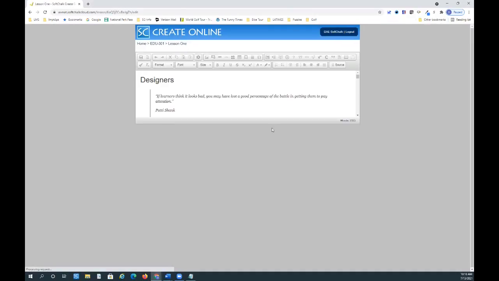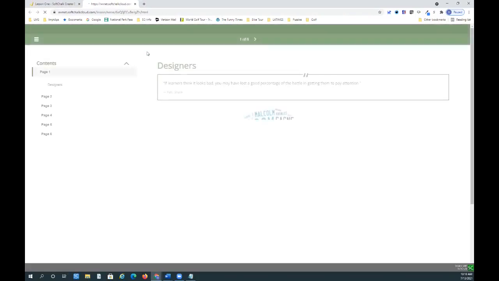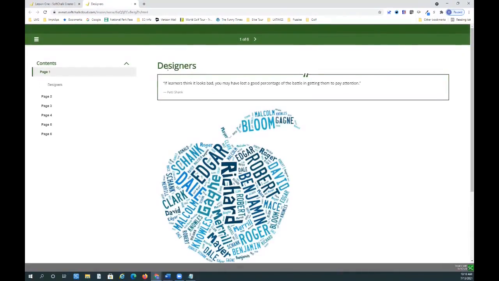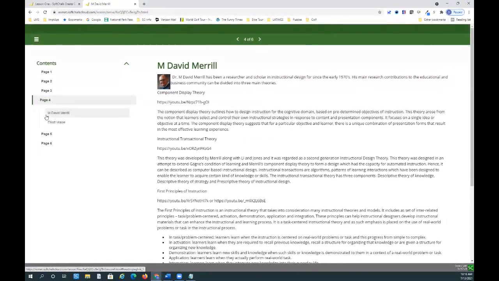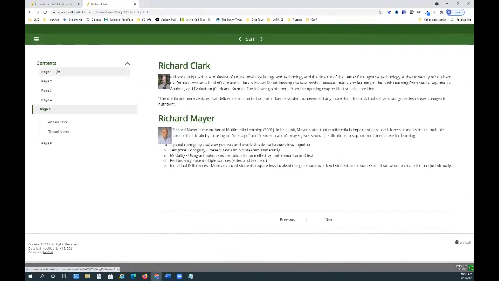So I'll click on the pencil now to the right of the lesson name, and let's now preview this so we can see what it will look like. And there's my lesson. It's a 6-page lesson. Notice we have a table of contents here that shows each one of the pages and the content that is on each page. Pretty cool. If I go back to page 1,